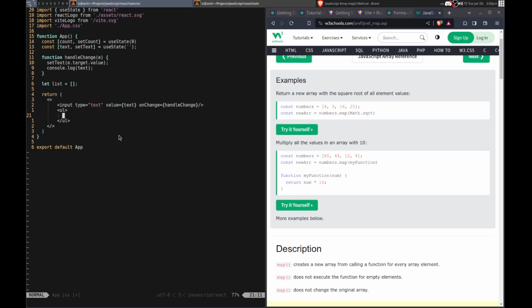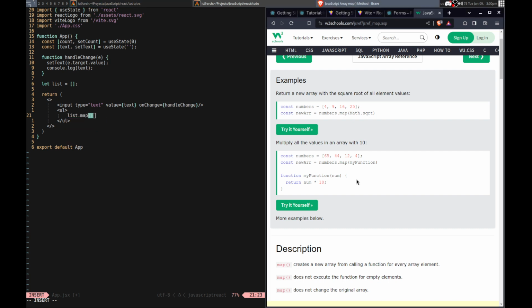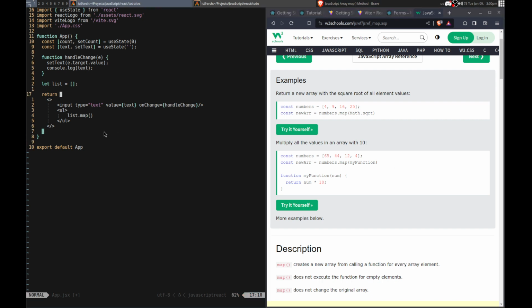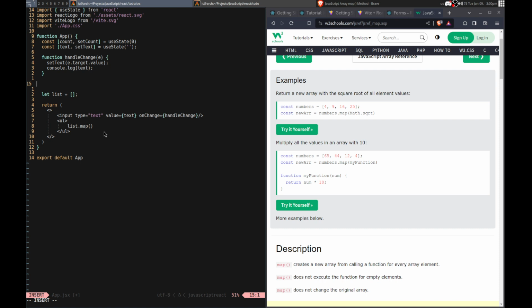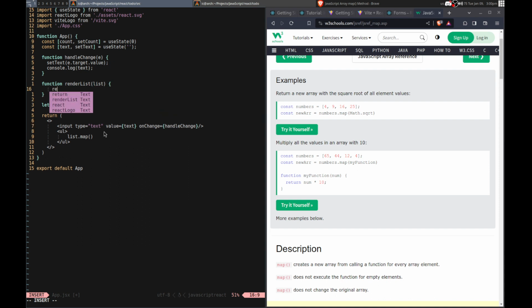Yeah, so I want list.map, and I need to have a function in here that basically returns those. Can you do that? Function, and it'll take a list, and then it will return, no, we'll take an element.